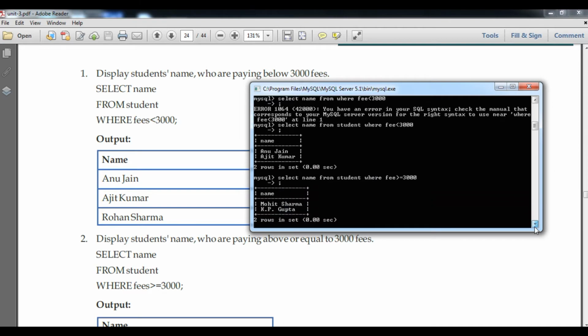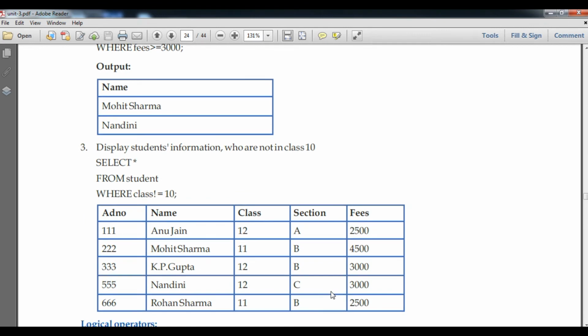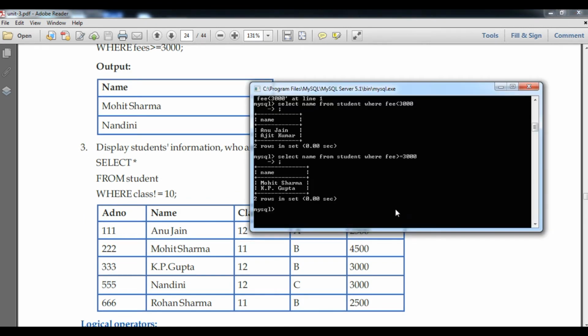Then after that, another command: list those students who are not in class 10th. So we are going to type the same command, select star. Why? Because I am showing all records, all attributes of the table, so that's why I use star here. From the table named student where class not equals to 10th.